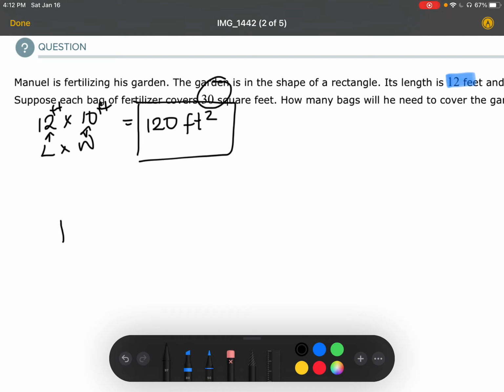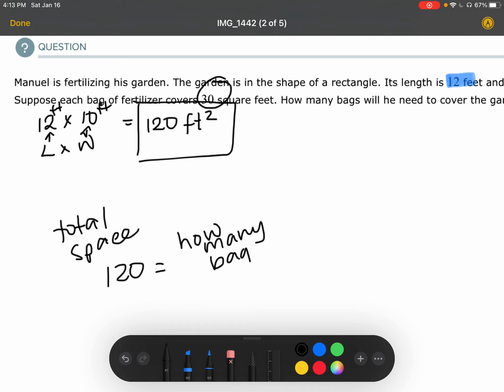So the total space is 120 feet, and I'm trying to figure out how many bags he will need, times 30